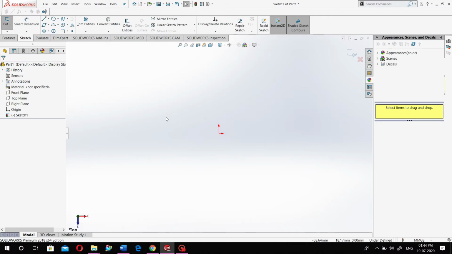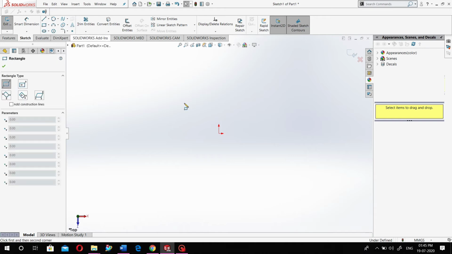After that, we are going to see how to make rectangles. In the rectangle, we have seen many different commands or parameters, like the corner rectangle, center rectangle, 3 point corner rectangle, 3 point center rectangle, and parallelogram. So let's start with the corner rectangle.